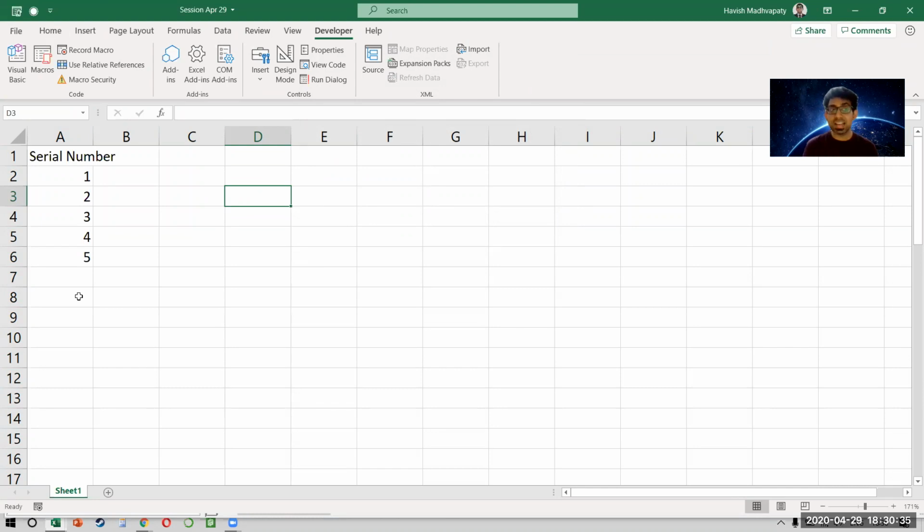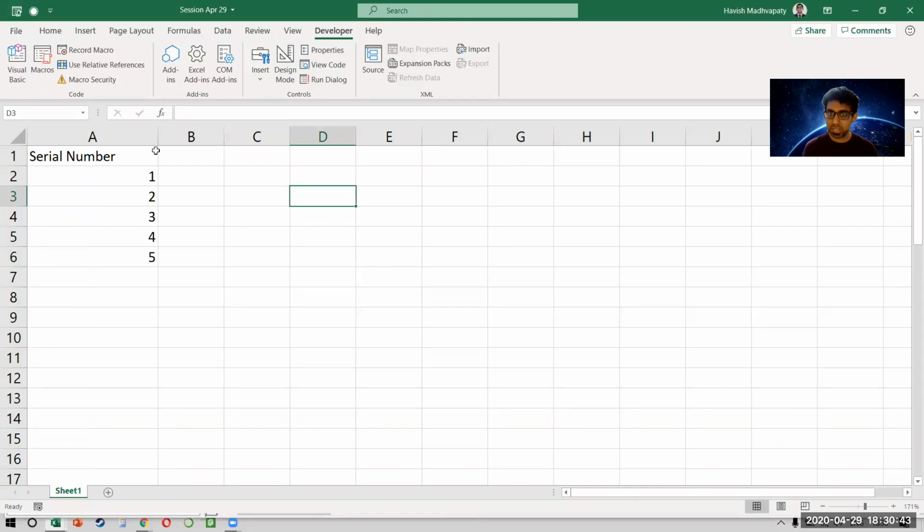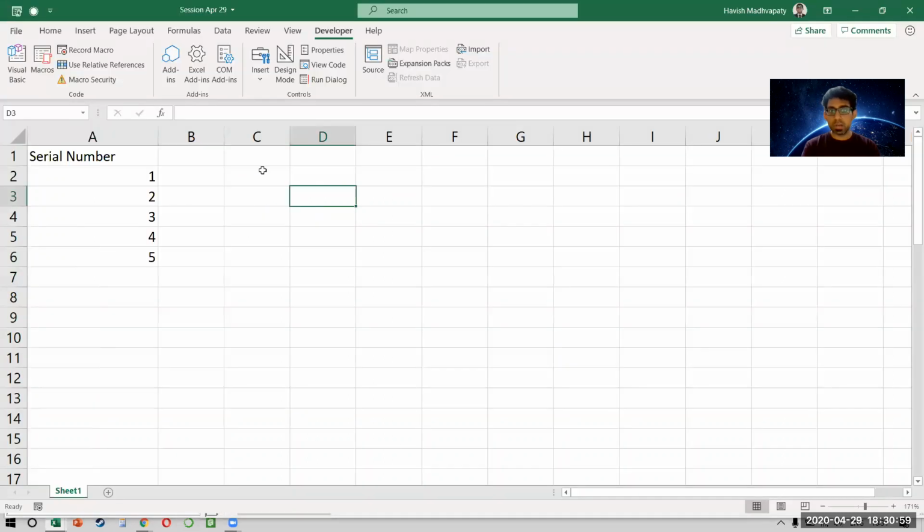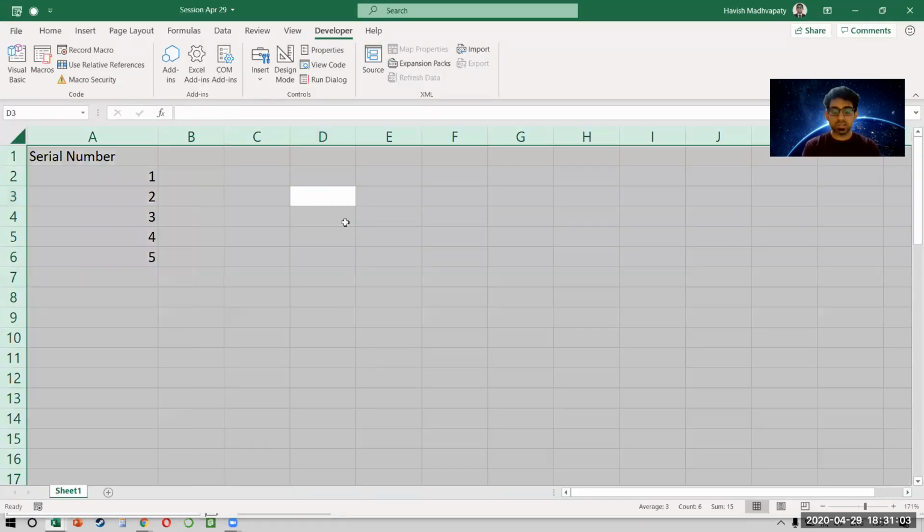Now the problem is that I put the first number, which is 1, obviously because it's a serial number. But the problem is that the last number also has to be put by me manually. Now, if I have to write serial numbers from 1 to 50, will I have to come to the code window and change this number? It doesn't make a lot of sense, right? Ideally, what I want is that the user should be able to choose the stop number, not by going to the code window, but by clicking somewhere on the Excel file. Okay, so just watch this.